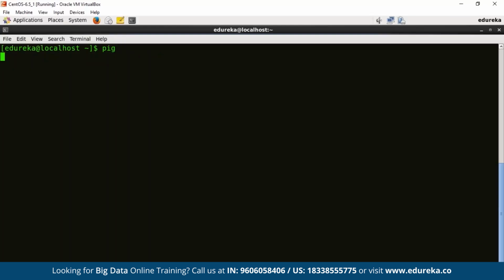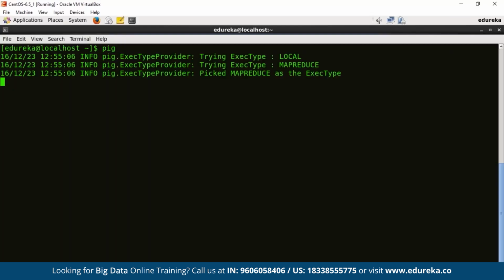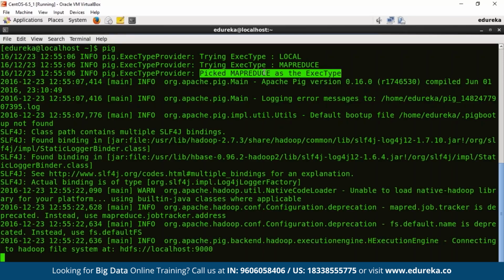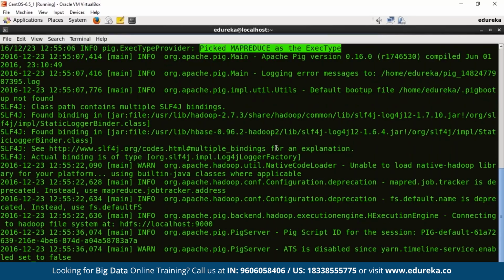So just look at the logs that will come on the screen. As you can see right here, they have picked MapReduce as the execution type, correct? So this is how you get to know that, yes, it is using MapReduce mode. And we are there in the grunt shell, correct? So I'll just quit from here,